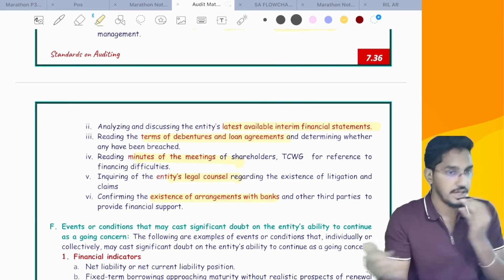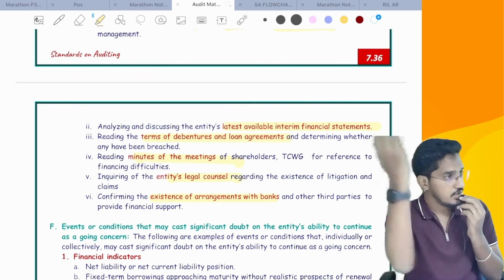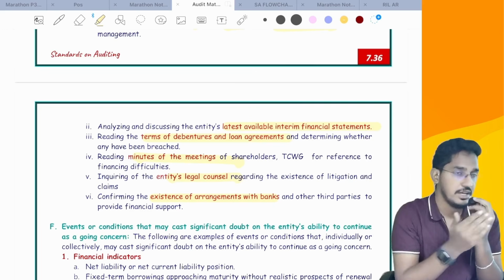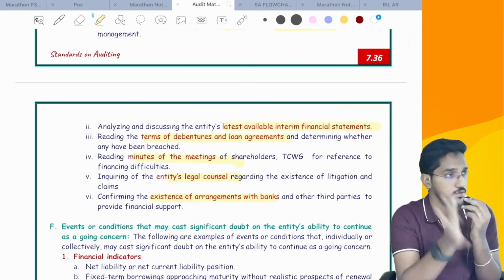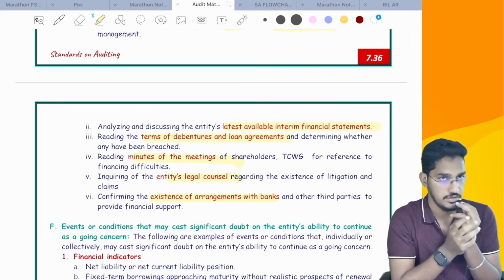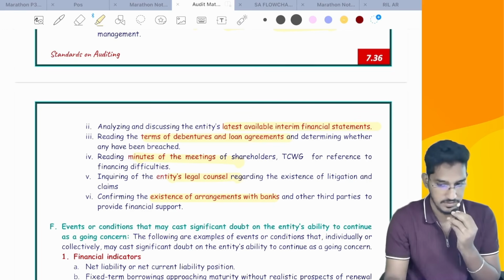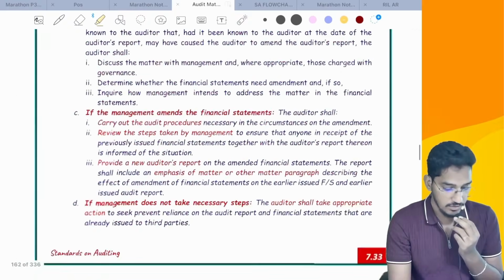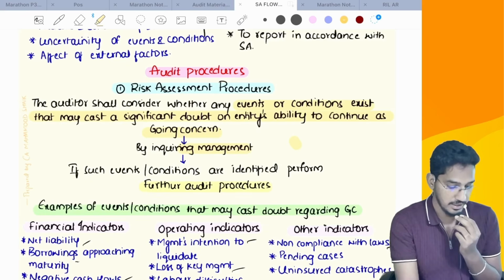Now you will be left with the findings. What findings? Going concern is valid, invalid, material uncertainty, and so on. All that will be left, and depending on those findings, you have to fulfill your reporting requirements. Understood? So SA 570 we have completed. That's it. Next, now we will talk about SA 560,